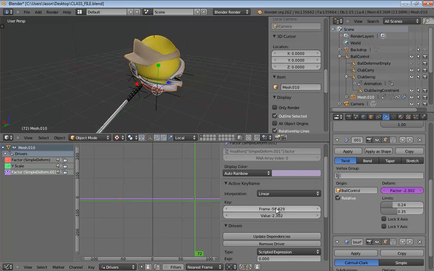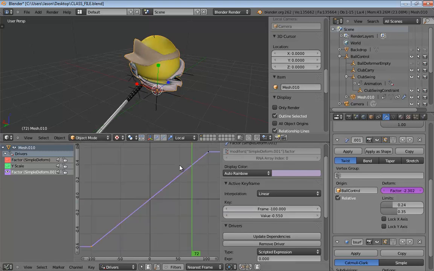The first one, we'll set to negative 100, and a value of, let's just say, negative 0.55. We'll round it a little bit. And this one we'll set to positive 100, and a value of 0.55. Did I say negative 0.55 over there? No, it seems to be negative 0.55. And we'll go ahead and hit Home so you can see the relationship a little more cleanly.